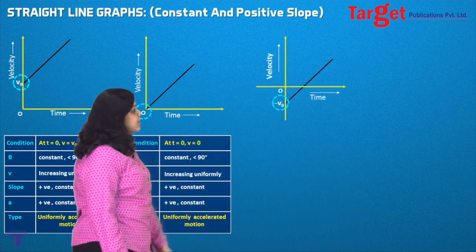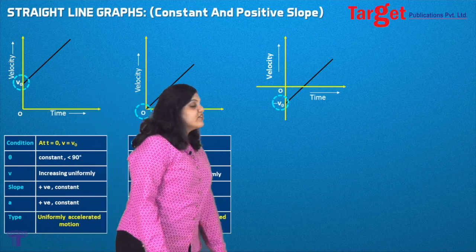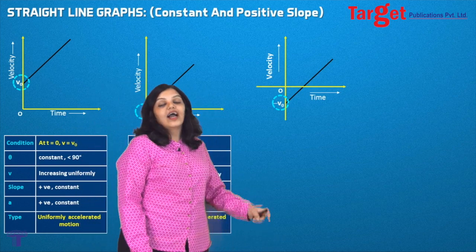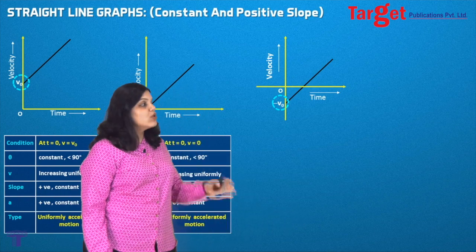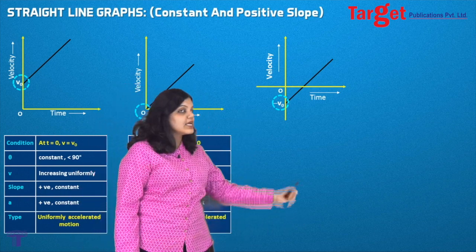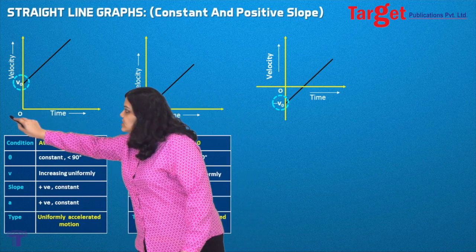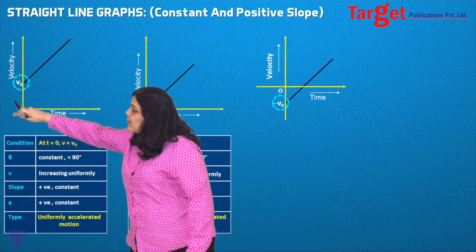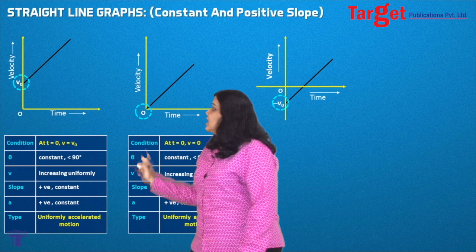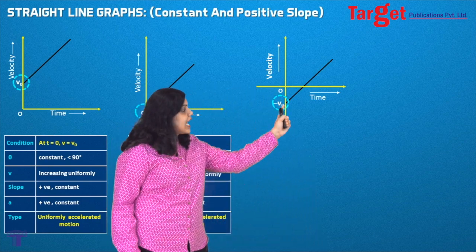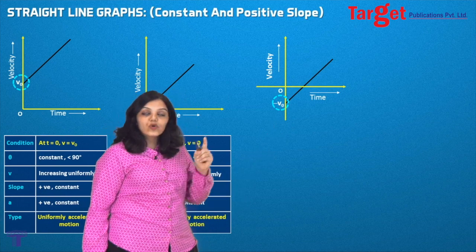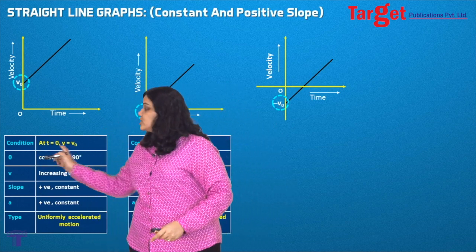Let's take a look at this type of graph now. In this type of graph, again, we have the same line, and what has changed is now it has gone below the origin. So again, the only difference would be in the intercept. Here there was a positive intercept. You can see this gap above 0, so positive intercept. Here there was no intercept, and here you have a negative intercept. You see this gap, it is below 0. So that's the only change. That is, there will be only a change in the condition.